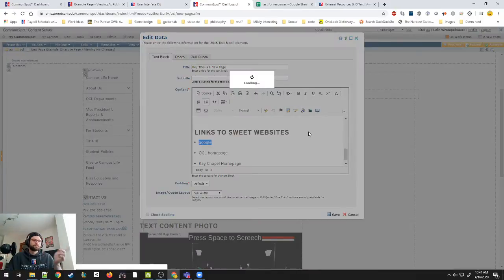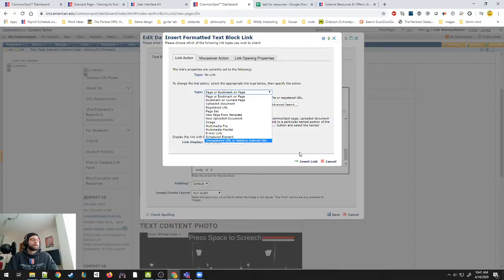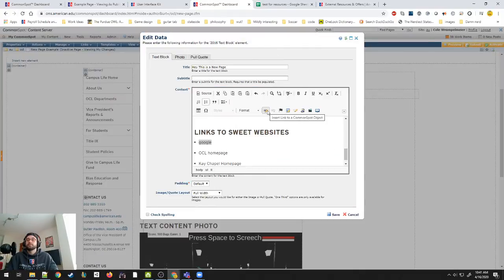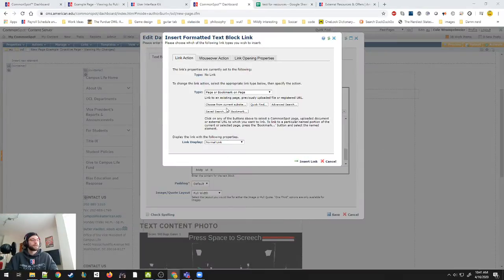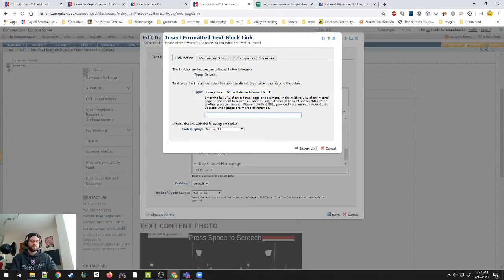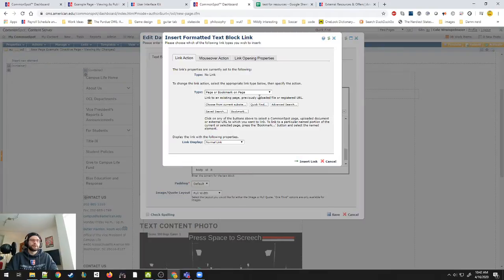All right, so Google. We're just going to go to Google. We're going to click on this add a link button, insert link. Great. Insert link. For external web pages, it needs to be the full URL. www.google.com. It might need to have HTTPS technically to be secure, although Google, I think, redirects to that. Anyhow,